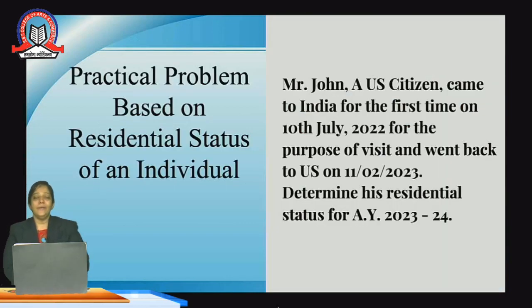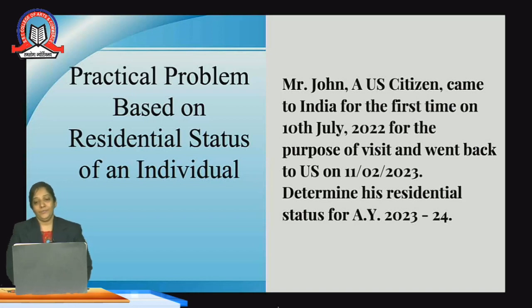Now, let's see one practical example with the conditions, whether Mr. John, a US citizen, fulfills the conditions and whether he is resident for the previous year or not. We have a question relating to Mr. John, a US citizen, who came to India for the first time on 10th July 2022 for the purpose of a visit and went back to the US on 11th February 2023. We need to find out whether he was resident in the previous year